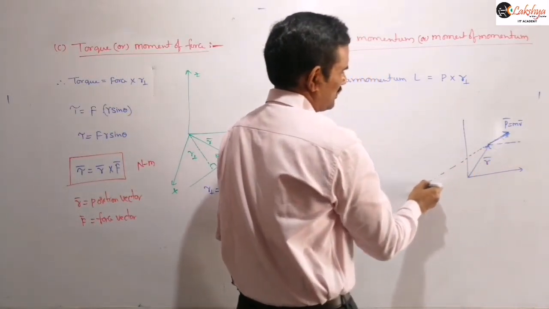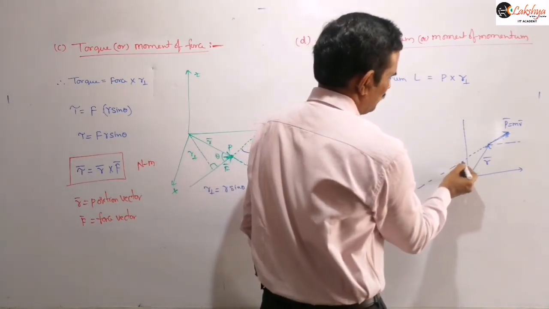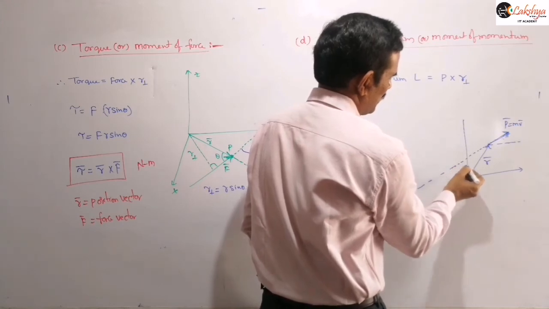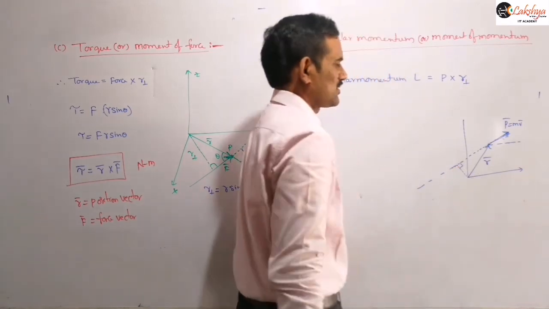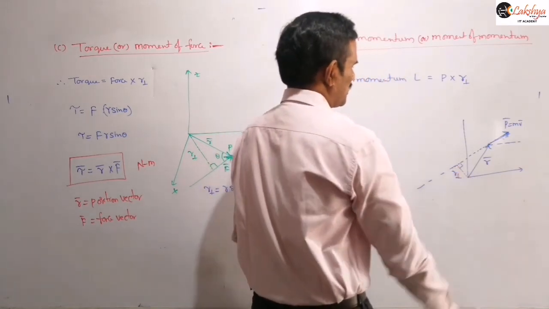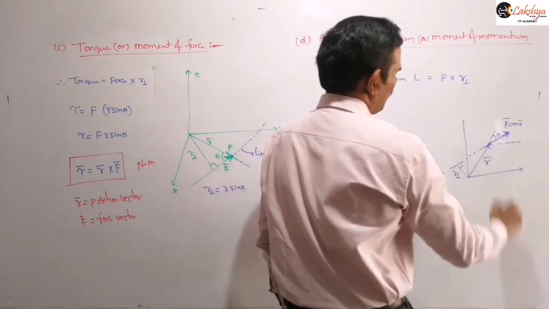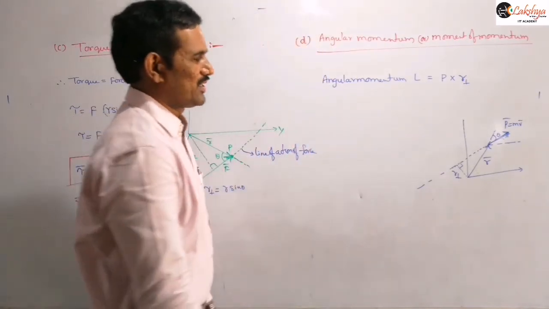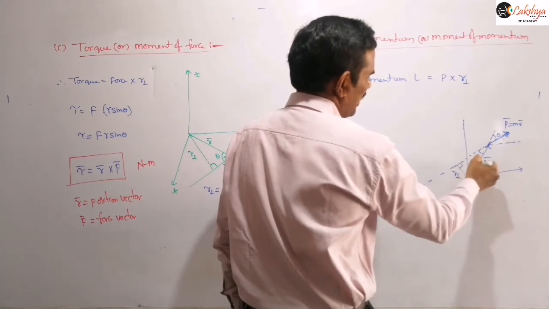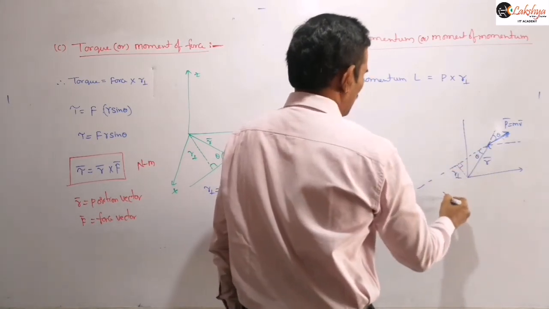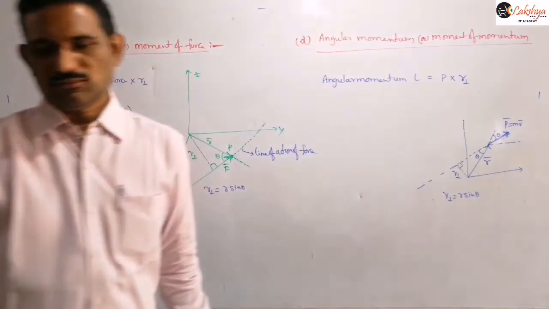Suppose this momentum is like this. This is the line of motion of this momentum. Let us draw the normal here, so that this angle is 90 degrees. Now this is our perpendicular distance, r perpendicular. Suppose the angle between r bar and p bar is theta, so this angle will be theta here. Now in this right angle triangle, r bar is the hypotenuse and this is the opposite side. Therefore r perpendicular you can write as r sin theta, right?